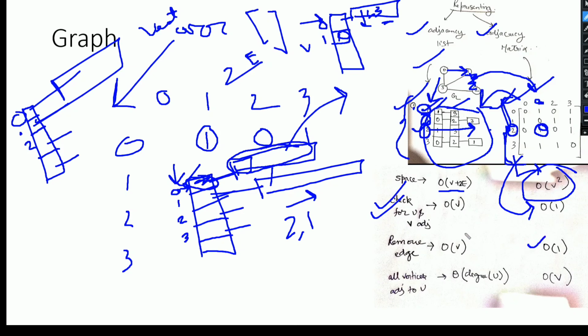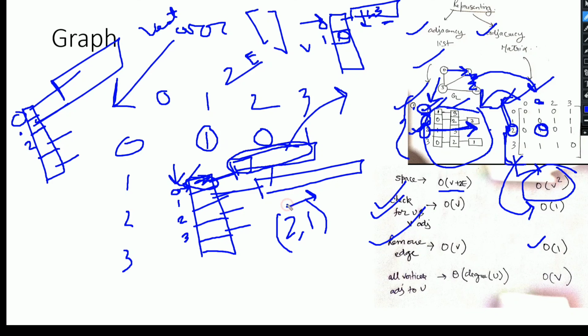But in case of the adjacency list, we need to locate the vertex, like the edge which we want to remove, and traverse and find the second vertex. Suppose I need to remove 2 comma 1.